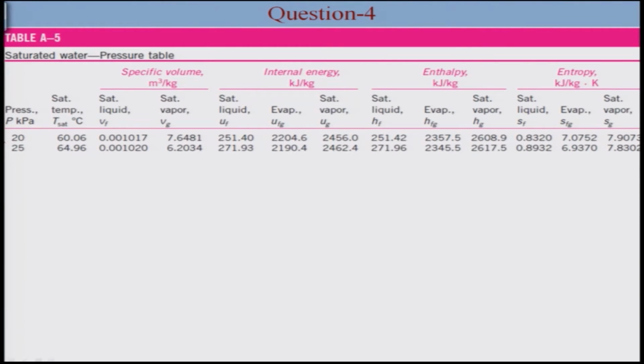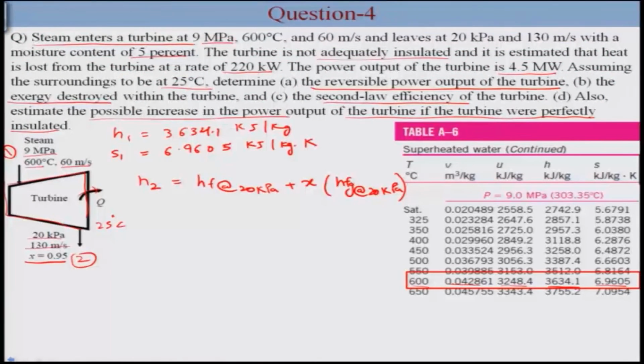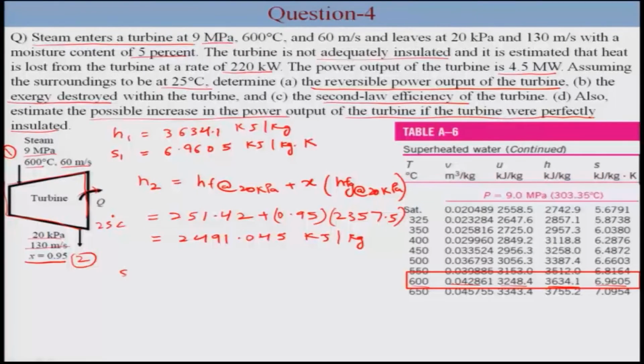So at 20 kilopascal, we find that hf is 251.42, hfg is 2357.5, and also entropy sf is 0.8320 and sfg is 7.0752. So putting these values to obtain h2, h2 is equal to 251.42 plus 0.95 multiplied by 2357.5, and this gives h2 equal to 2491.045 kilojoule per kg. Similarly, s2 is obtained,